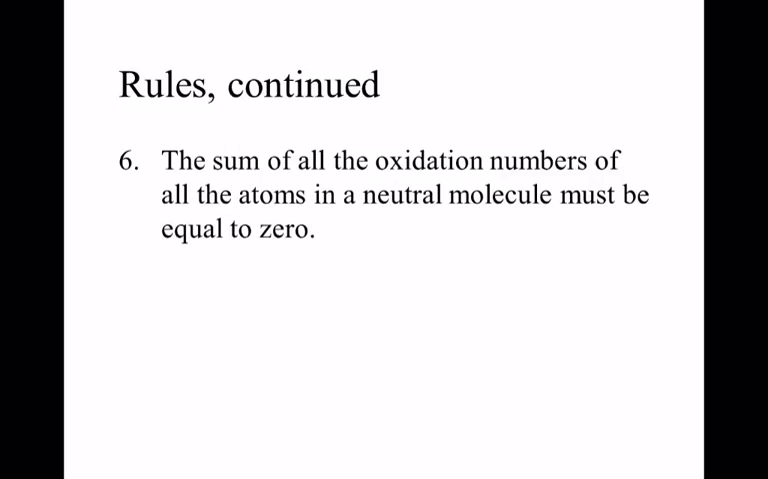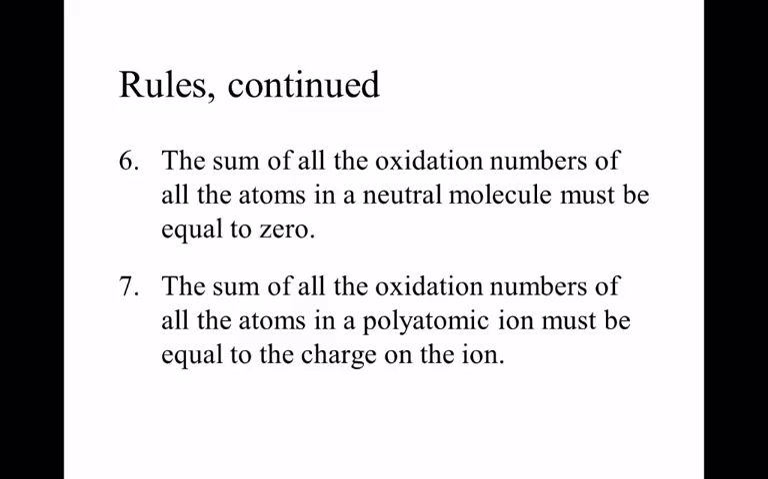This was the one that we applied to the dicarbonyl dichloride, the molecule we looked at. We said that if it's neutral, like it was, all of the oxidation numbers need to add up to be equal to 0. We're going to use that as a tool for deducing what the oxidation numbers of atoms are. If it's neutral. Now, if it is an ion, a polyatomic ion, like NH4+,